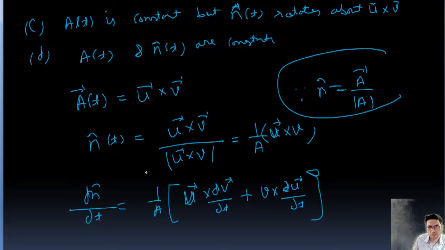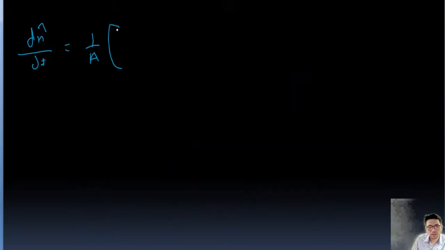So we can write dn cap upon dt as 1 upon A, where A is the area, and this we can write as U cross dV upon dt minus